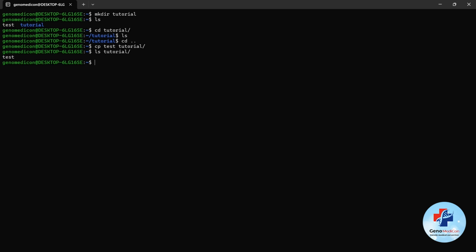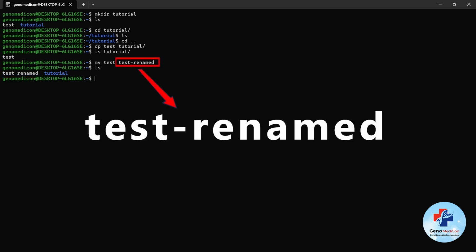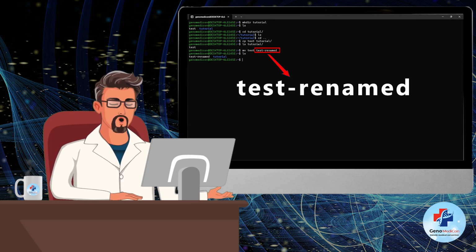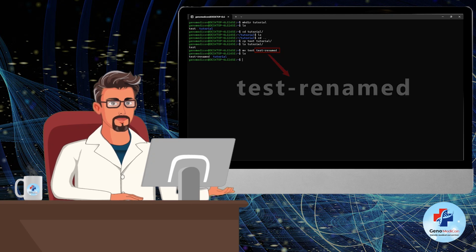So, for example, if I type this command and hit enter and do ls, you can see that my file name has changed. Mind that for the new name, I used a hyphen instead of space. The reason for that is that Linux recognizes space as a separator in writing syntax. So if I type a space instead of a hyphen, it's like I'm giving my command another option or argument, which is not what I'm supposed to do.